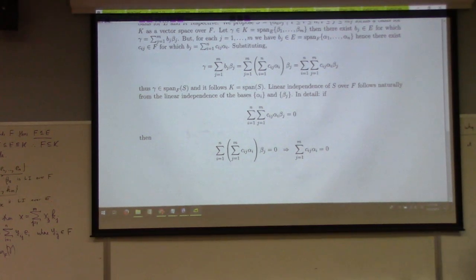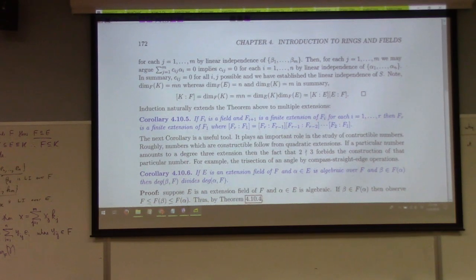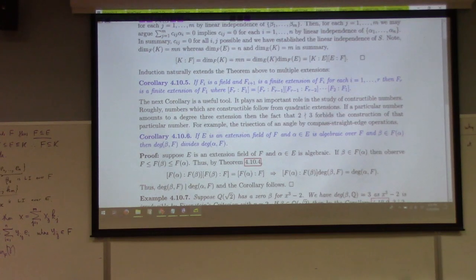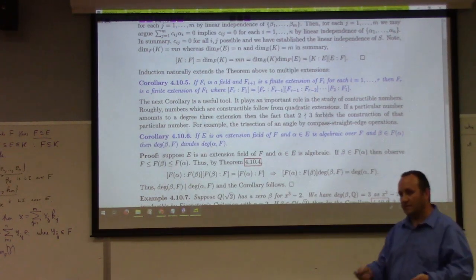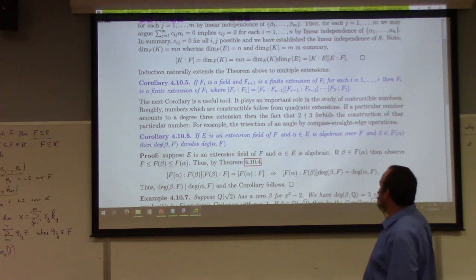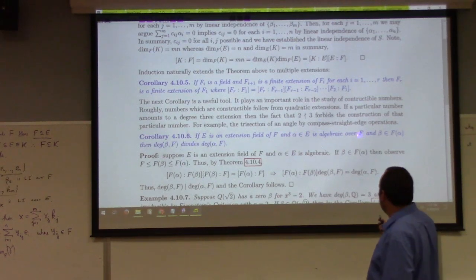All right. And you can do this more than once. If you can do it once, you can do it again. And so if you have an extension of an extension, you get a composite extension formula. And again, this is what I was trying to say a bit ago, was if E is an extension field of F and alpha is algebraic over F and beta,